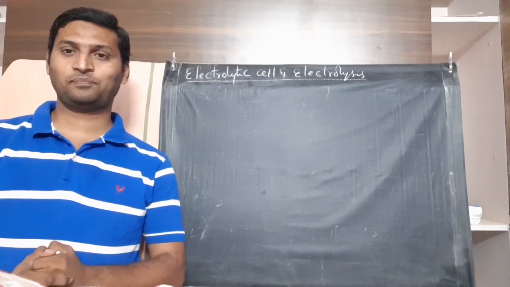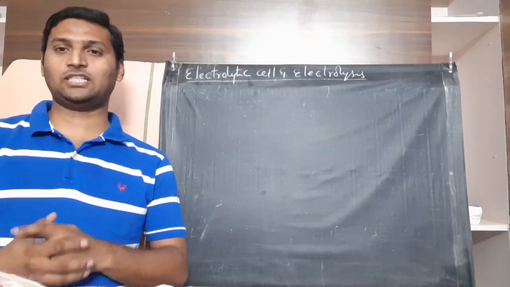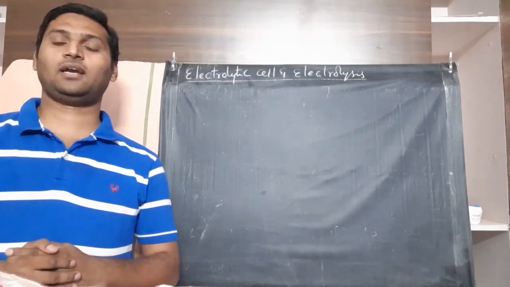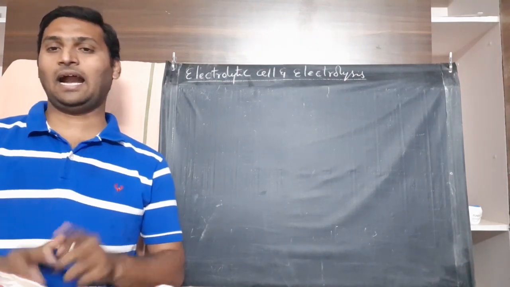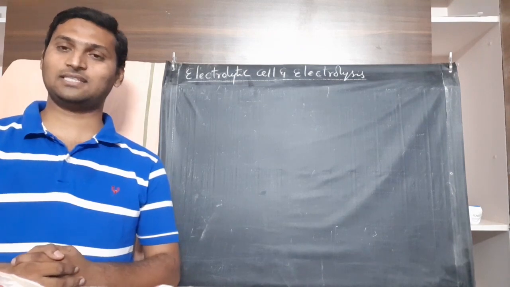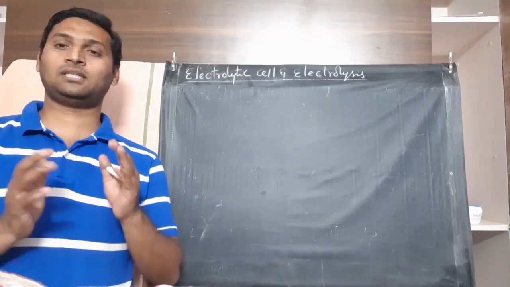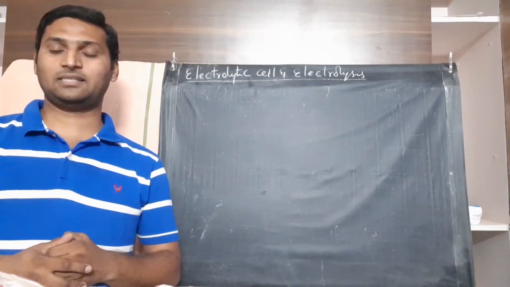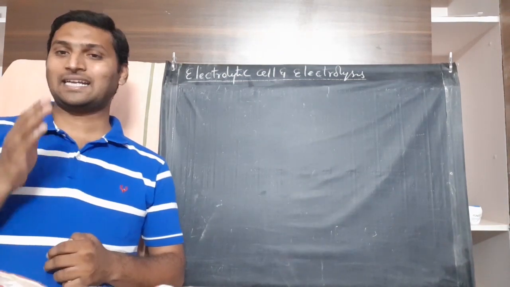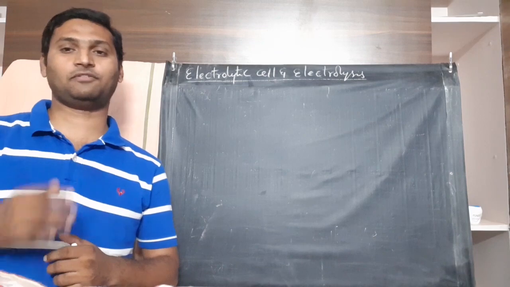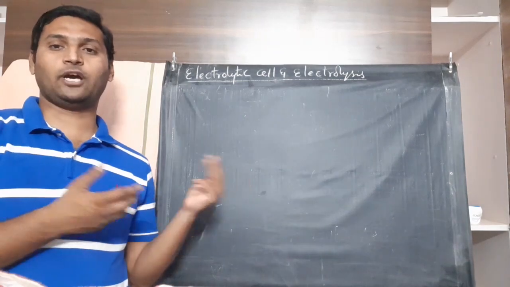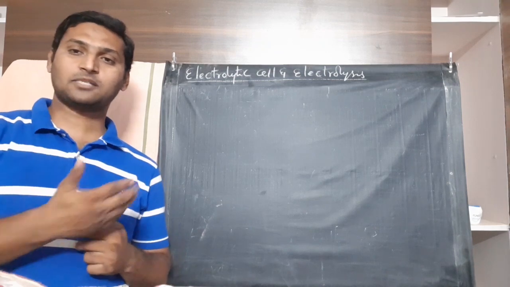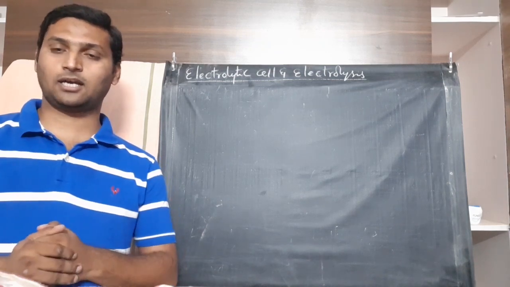Hi students, welcome to session 8 of electrochemistry, in which we will be learning electrolytic cell and the process of electrolysis in detail, which is the third part of this chapter. The first two parts we learned are galvanic cells and the concept of electrolytic conductance. Now we are moving on to electrolysis or electrolytic cell. The last part will be applications, batteries and corrosion.